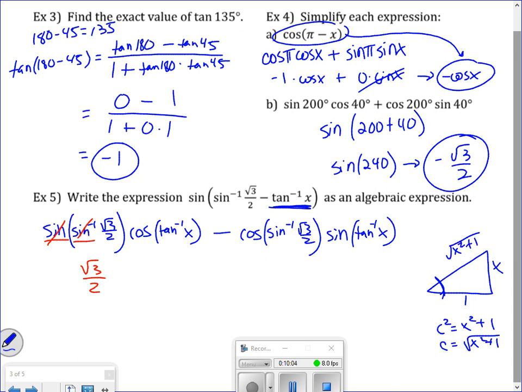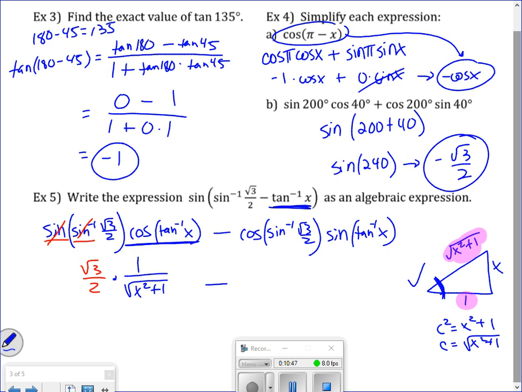Right. And so now I can do the sine, cosine, or tangent of this angle, whatever I need to do. This is the angle that I need. What this part right here is saying to me is to find the cosine of the angle whose tangent was x. So I want the cosine of the same angle whose tangent was x. Well, that's the picture right here. So if I want the cosine of this same angle, I would say it's the adjacent over the hypotenuse. So that is 1 over the square root of x squared plus 1, minus,